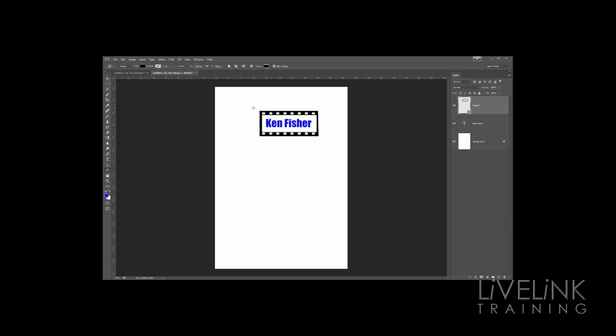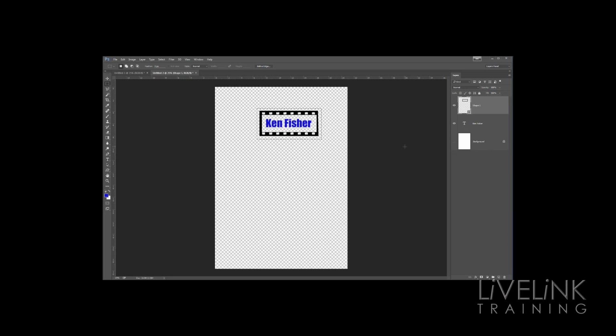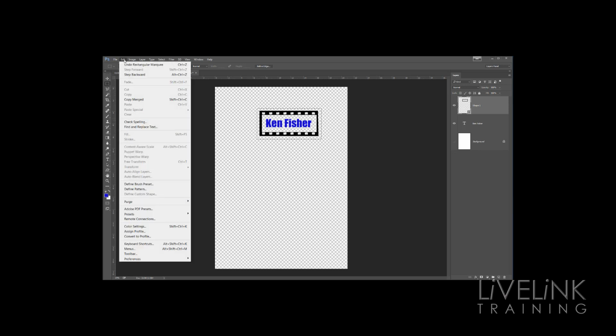Well, at the moment, all I want to do is I need to isolate this area because I don't need the whole document. So to make this brush, I'm going to go and get my rectangular marquee tool, and I'll just click and drag just across it like that, just so it selects the area that I want. Now I don't need the background layer on because I'd like transparency. Anywhere where there's white, I'd like it to be transparent. So I'm going to just switch off my background layer, and then I'm going to go over to the edit menu, and I'm going to go down to define brush preset,